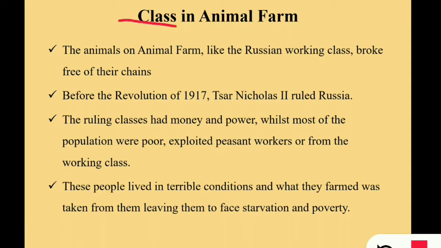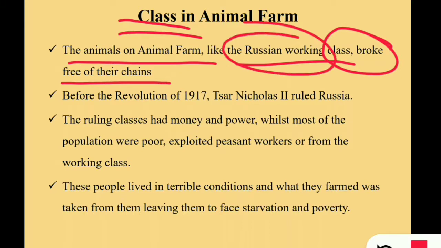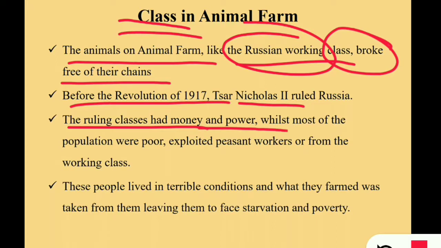Class in Animal Farm. The animals on Animal Farm, like the Russian working class, broke free of their chains. Here they wanted freedom. Russian workers wanted freedom. Before the revolution of 1917, Tsar Nicholas II ruled Russia. The ruling classes had money and power, whilst most of the population were poor, exploited,